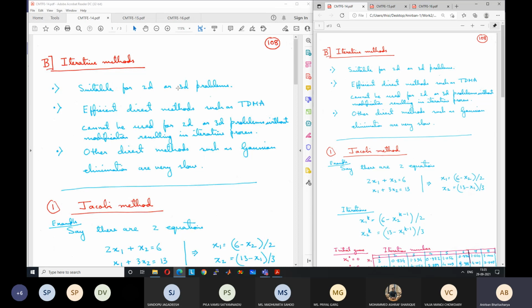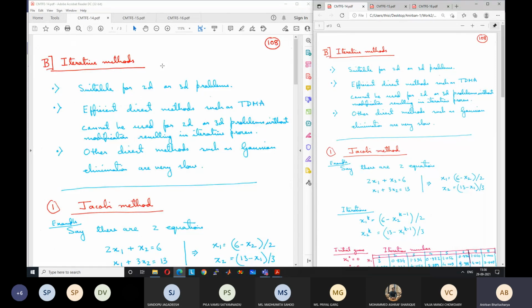Okay, so we can express them in the form of a matrix multiplication, like Ax = b, and then find x = A inverse times b. So we have seen that there are direct methods like the tri-diagonal matrix algorithm (TDMA) or Gaussian elimination. Gaussian elimination is too slow. We have discussed that it takes a time of the order of n cube, where n is the number of points.